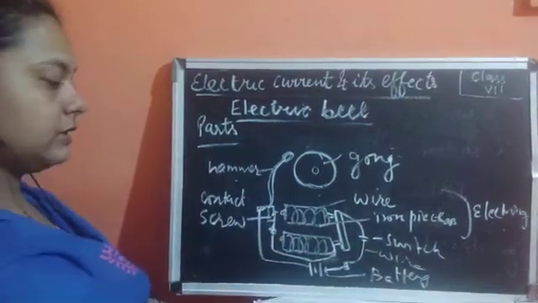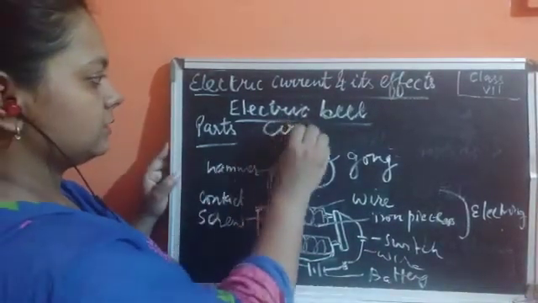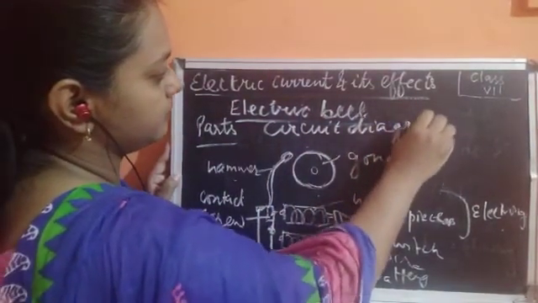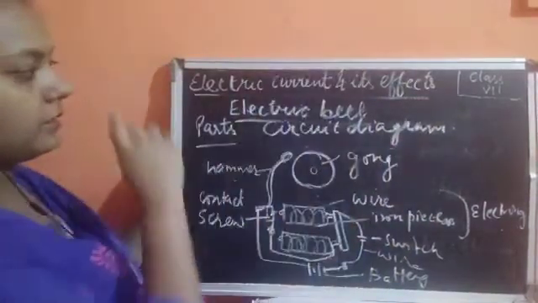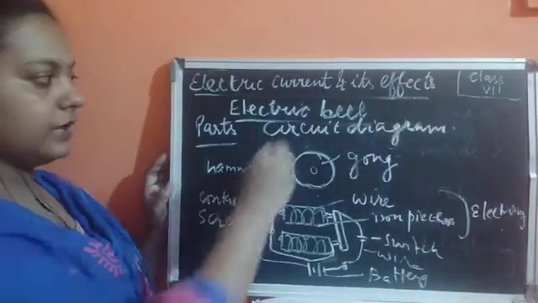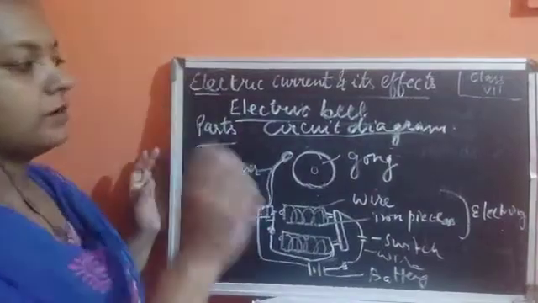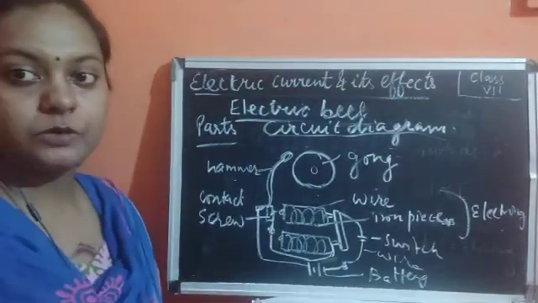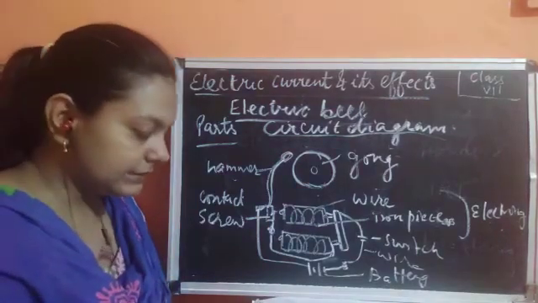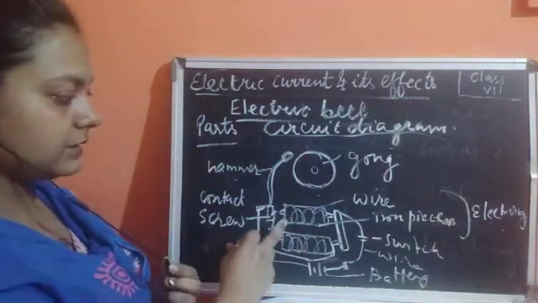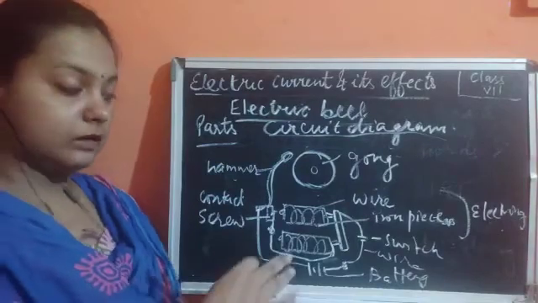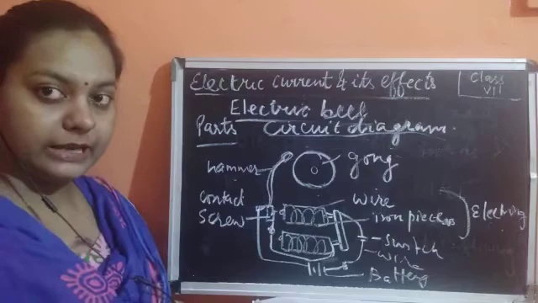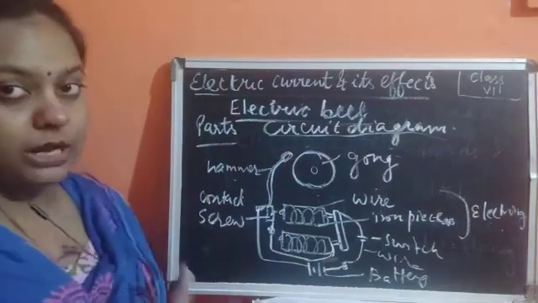So this is also said to be the circuit diagram of the electric bell. Okay children, so this is about where the electromagnet is present. That was the main concept here. This electromagnet is present inside the circuit where the iron pieces are. Two iron pieces are there, which are going to behave like an electromagnet once the switch is in on condition.